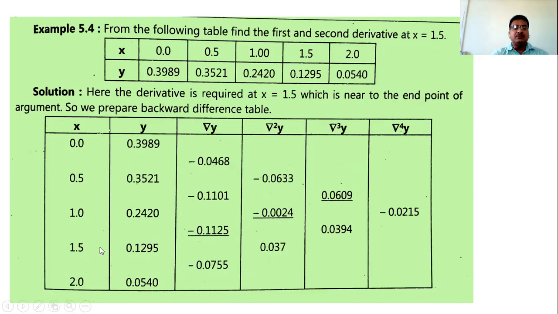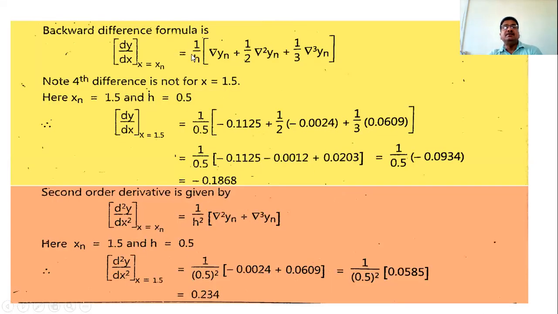So this is 1.5. This is the value corresponding to 1.5. This is del yn, this is del square yn, del cube yn. Okay. So write the backward difference formula for the first order derivative dy by dx at x is equal to xn: 1 by h, del yn, del square yn, del cube yn. And then the fourth difference is not needed